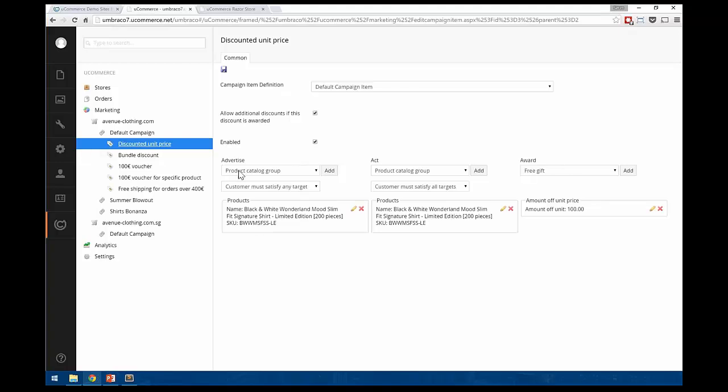So first, advertise. It's all about letting the customer know there is a discount. So when we look into this product, it may be dashed out with a list price and a current price. Whenever we're looking at this product, it can also be other things, of course. The act is all about verifying what the customer did. So these are the criteria that the customers must satisfy to get a discount. Buy a certain item, buy above a certain threshold of value, select a certain shipping method, things of that nature. And finally, the award is what actually happens. And we're actually looking at one of the new ones here. Free gift is fairly new. It's been in there for a while now, but it is fairly new.